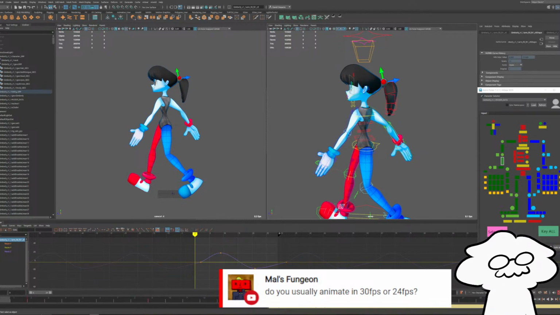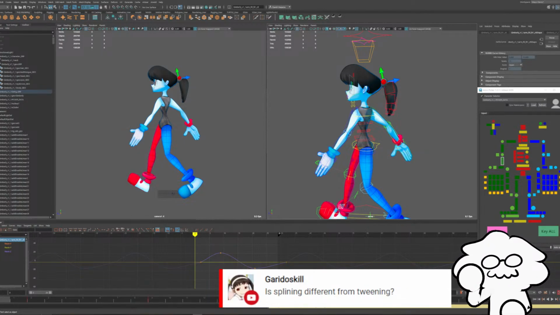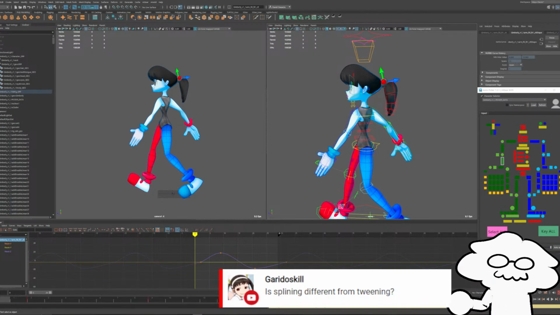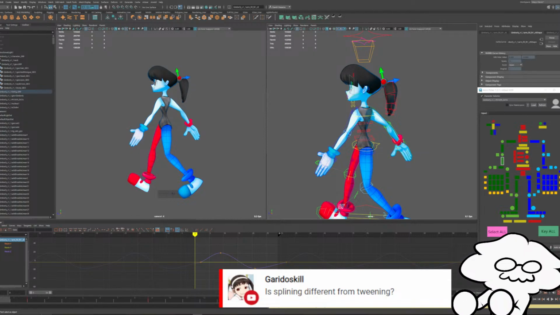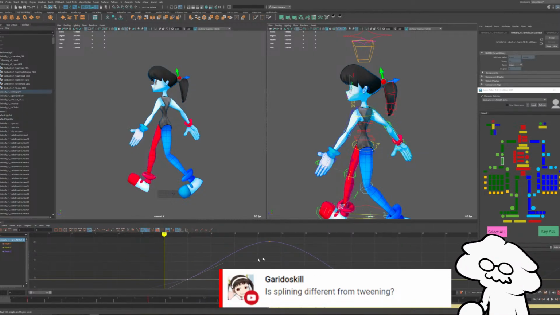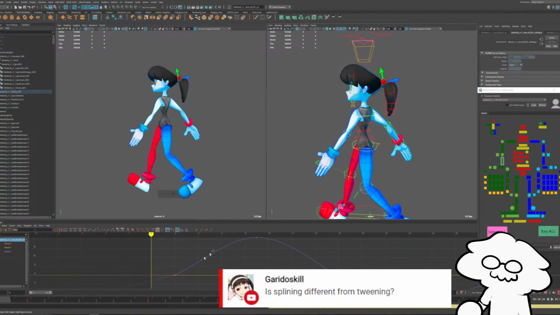Is splining different from tweening? No, tweening is mainly just referring to interpolation. So you have one key in here, and it's effectively going from this key to this key and filling in the difference. Splining more affects what the curve looks like.